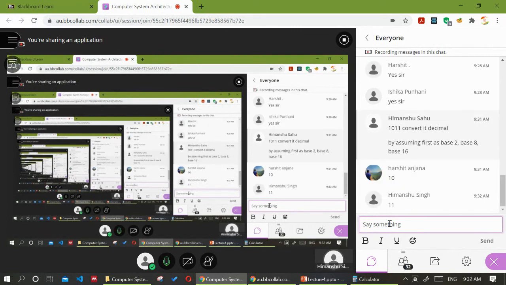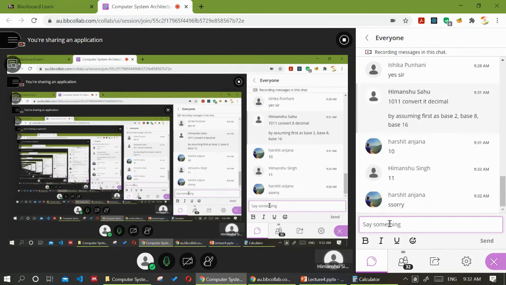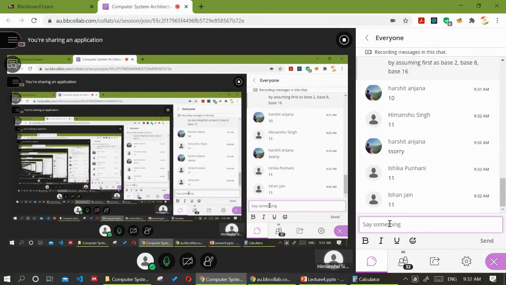Harshit, yes, it will be 11 now. Okay. Now take the same number and convert it using base 8.